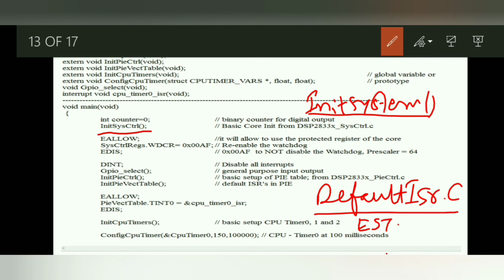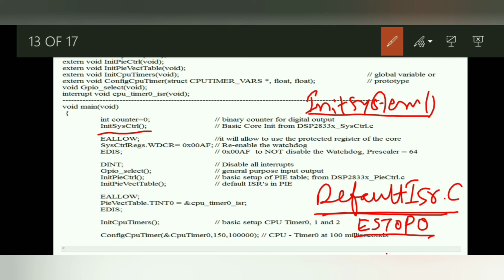So this behaves like a software breakpoint. By doing this one, we are disabling all the PI interrupts.